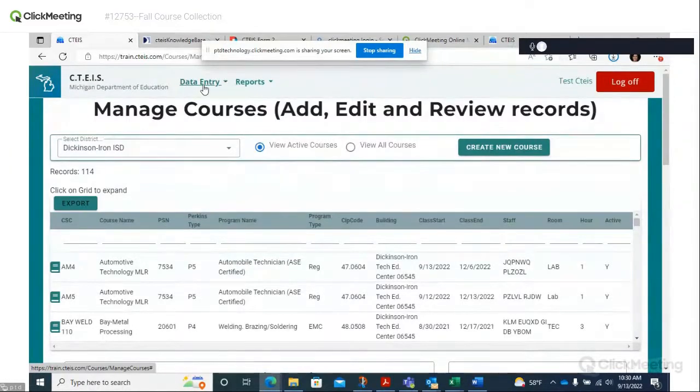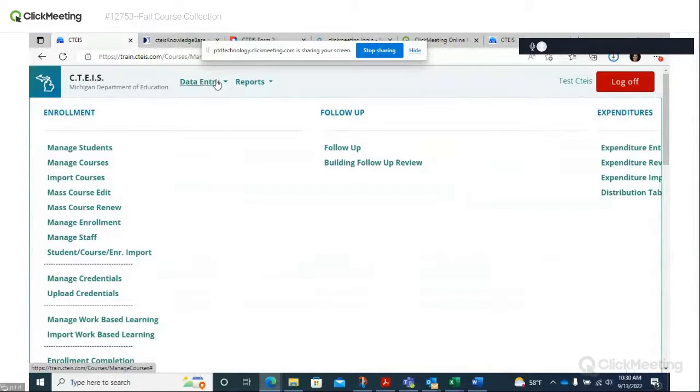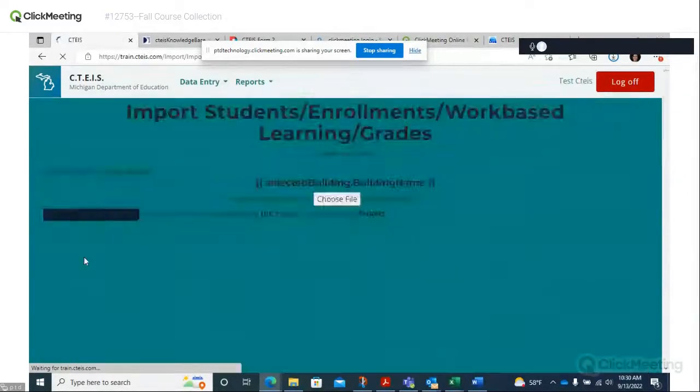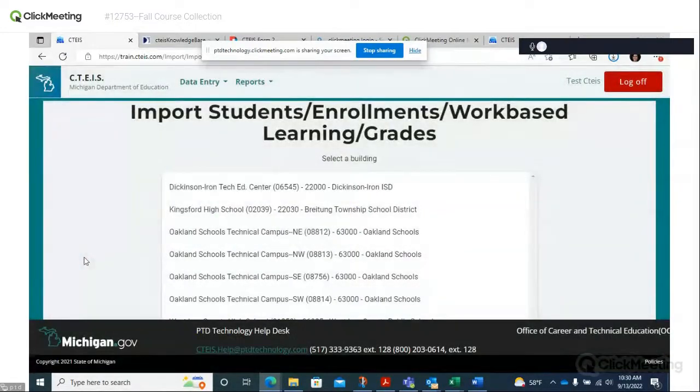If you're going to do an import, we're going to go back up to data entry, and we're going to go to student course enrollment import. Okay, so once we're to that,